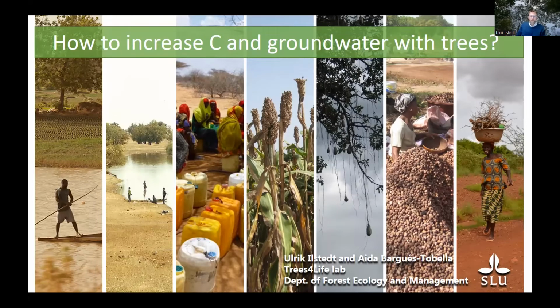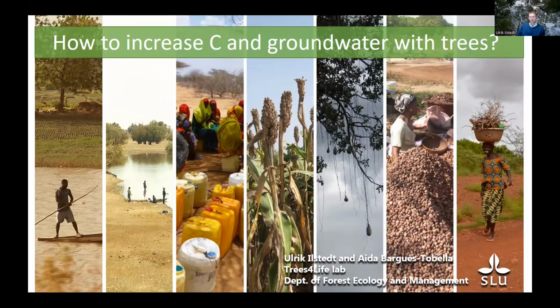Like you well said, I'm a researcher up in Umeå, Department of Forest Ecology and Management. We have a small research group here that is working on trees and how we can use trees better for the benefit of people, especially in poor tropical countries. So we sometimes call ourselves the Trees for Life Lab, and this presentation is based on